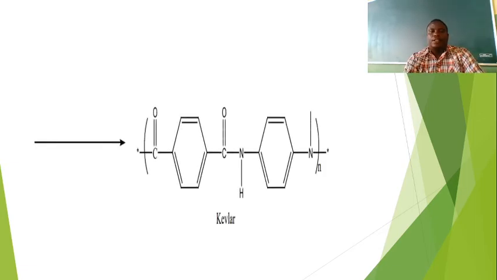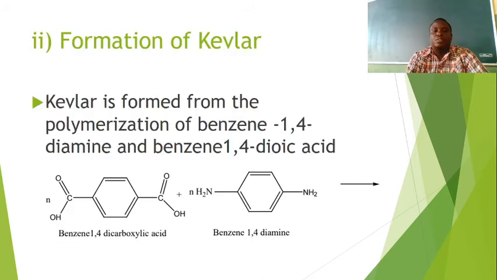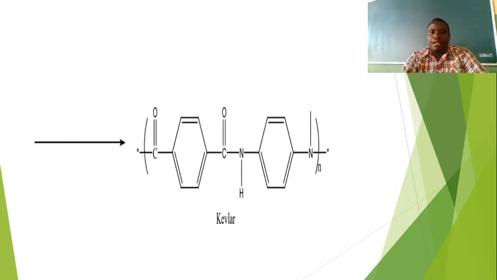Then this also will give us a product of Kevlar. This is a structure of Kevlar. Sometimes you forget it. I have seen in different tests that I have given in the last year, students fail to memorize it, but it is very easy when you see the monomers is benzene. You know the structure of benzene. There are 2 benzene and 2 amine and 2 carboxyl, and then after the formation of the amide bond,